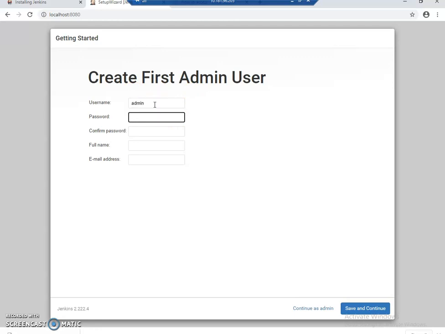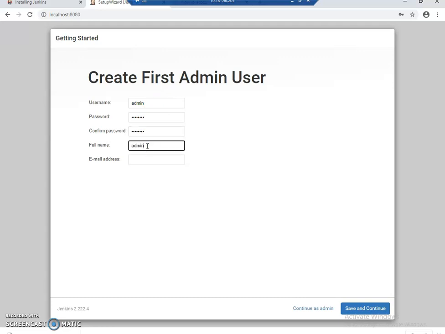The username is admin, and the password is 12345678.